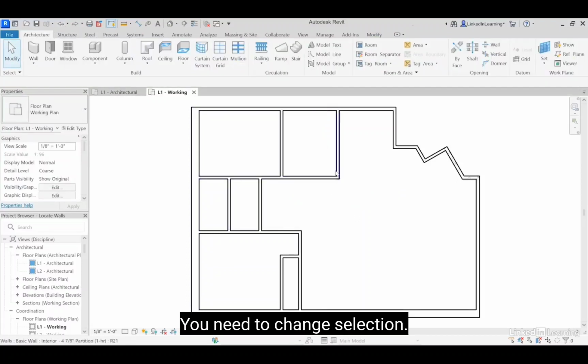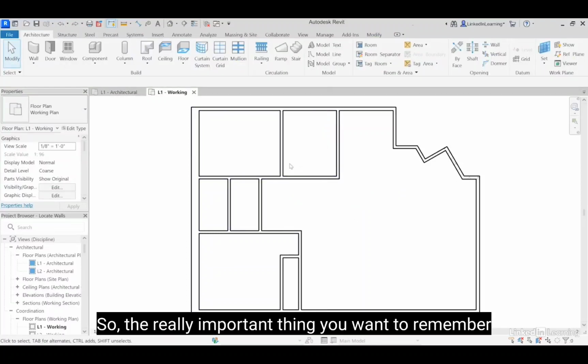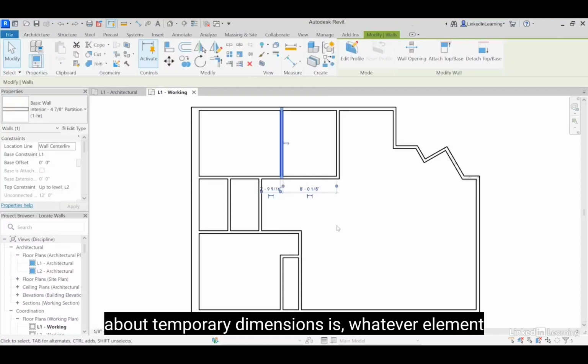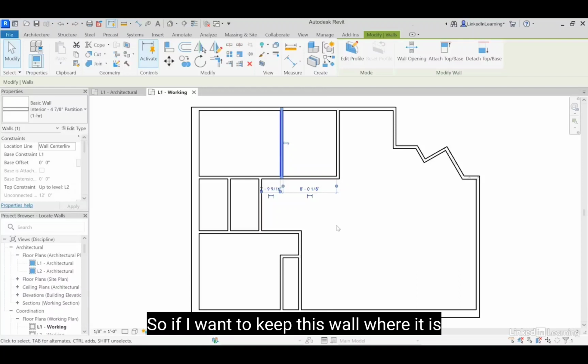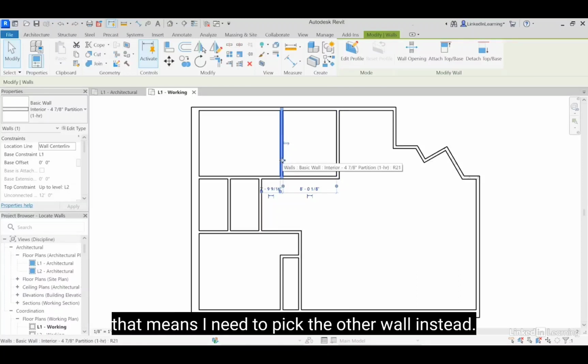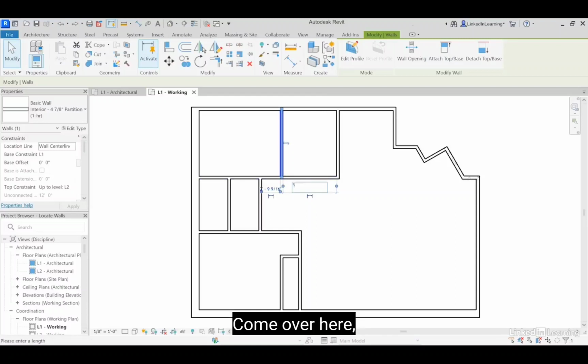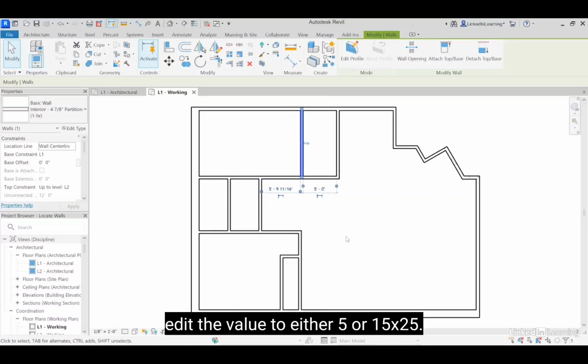What should I have done? You need to change selection. So the really important thing you want to remember about temporary dimensions is whatever element you have selected is the element that's going to move. So if I want to keep this wall where it is and change the size of the room, that means I need to pick the other wall instead. Come over here, edit the value to either 5 or 1525. And we just need to continue like that. So now